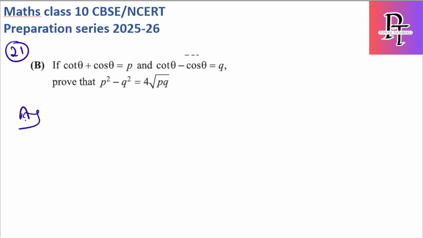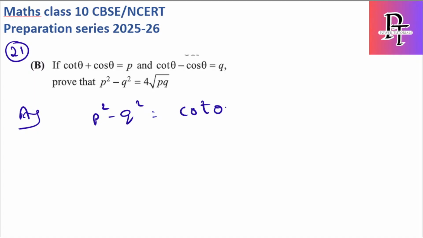Cot theta plus cos theta is P and cot theta minus cos theta is Q. They're saying to prove this. Okay, we'll do one thing. We'll solve LHS, we'll solve RHS and see whether both are same or not. Let's solve first the LHS, which is P square minus Q square,